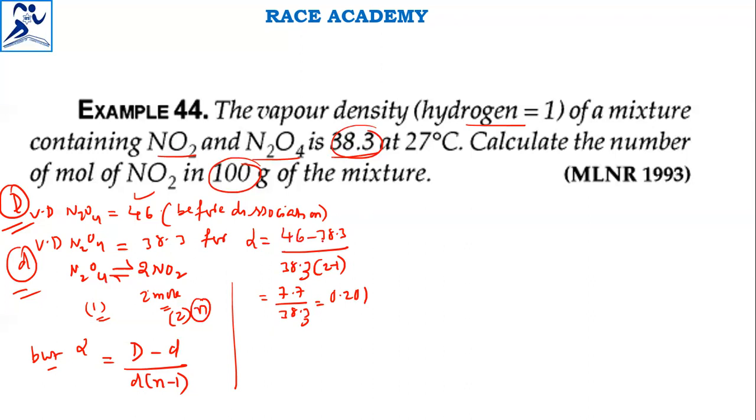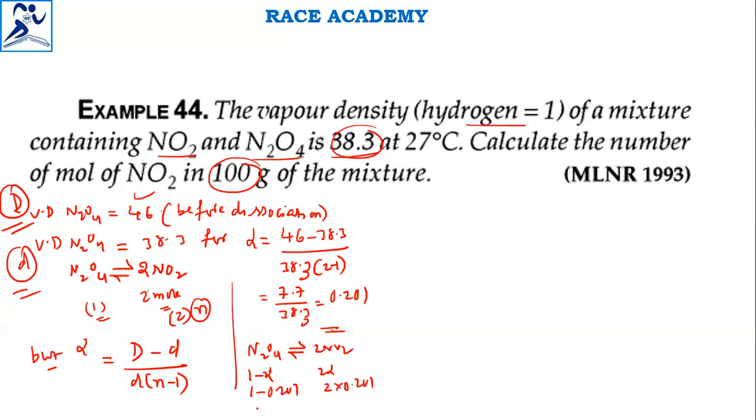And this alpha value is most important for us in finding the equilibrium number of moles. So what is the equilibrium number of moles of this N2O4, if alpha is the degree of dissociation? N2O4 in equilibrium with 2NO2. Equilibrium moles is 1 minus alpha, and this is 2 alpha. So what will happen? It will be 1 minus alpha, where alpha is 0.201, and 2 into alpha, where alpha is 0.201.